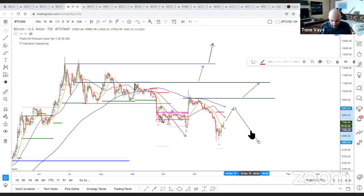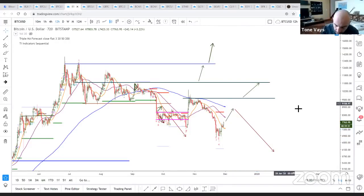And I do think that sub $6,000 prices are coming. My good friend Willie Wu probably disagrees with me based on on-chain volume, but this is what I'm looking at. We can go up, we can get rejected by this moving average, the 200 on the 12-hour, just like we got rejected right here. The 200 on the 12-hour got rejected at 9,600 on the close and 10,400 on the